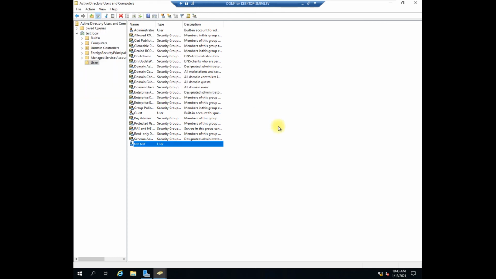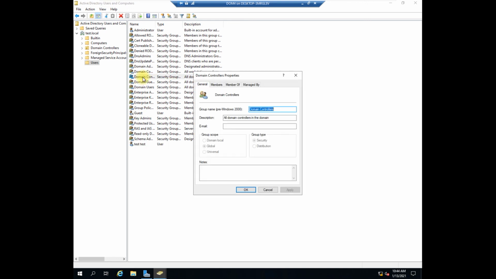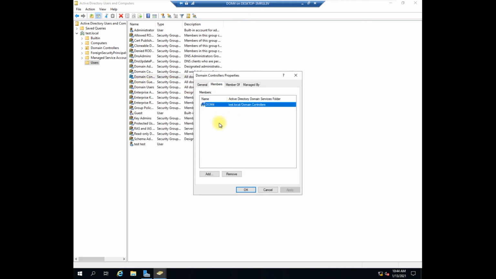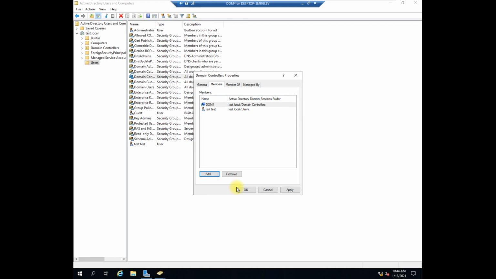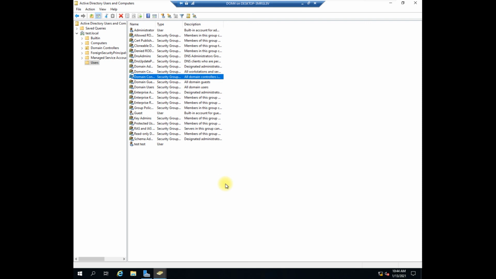So if we want this user as an administrator, we simply have to go to the admin section. I just have to see where exactly the administrator group is. It's Domain Admins. We simply have to go to this, go to the Members section, add, and search for test. Okay, so our user has become a domain admin. So these are the things I'll try to cover in this. You have to replicate the same thing for DOM2 and DOM3 also, and consider this as DOM1. This is not DOM4, I'm just mentioning it for your information.